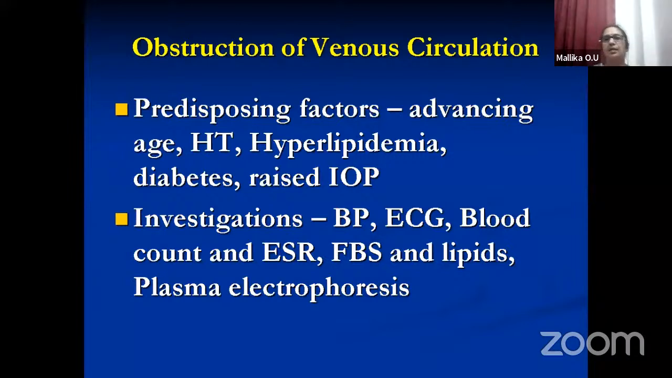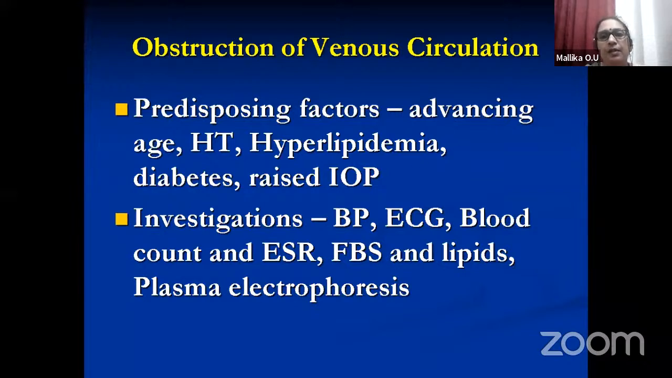So last class we discussed about the obstruction of the arterial circulation, central retinal artery occlusion. Today we start with the obstruction to venous circulation. So the last class we discussed central retinal artery occlusion, the predisposing factors, the carotid artery stenosis, the embolus, then valvular heart disease, like that. In venous